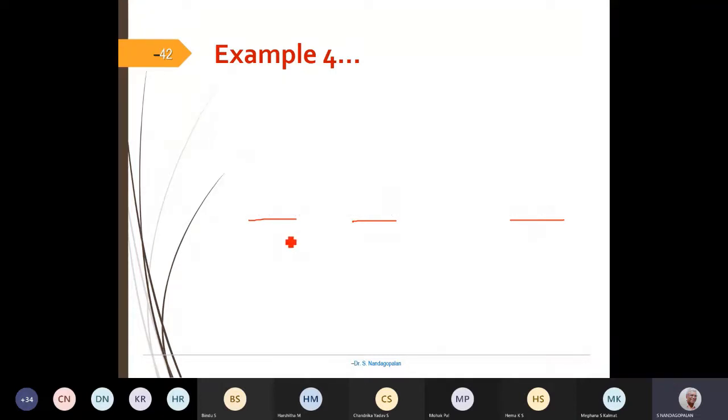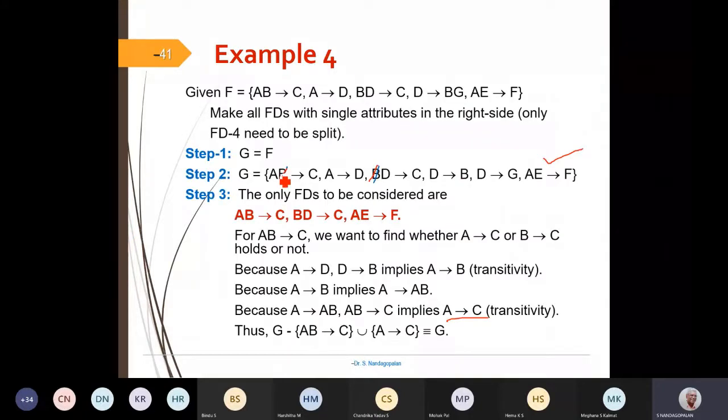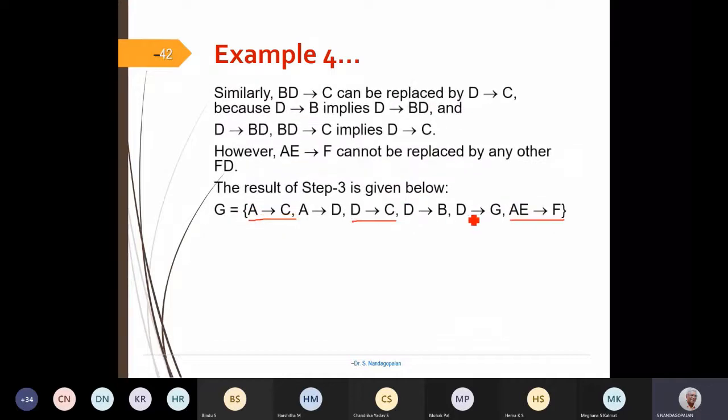So A arrow C, you can see here, A arrow D, D arrow C, D arrow B, and D arrow G, etc. AE arrow F. So these are the result of the second step or the third step, that is reducing the left hand side attributes. Now we'll have to check whether we could remove any extra or redundant FDs. You have to check for some transitive kind of thing.